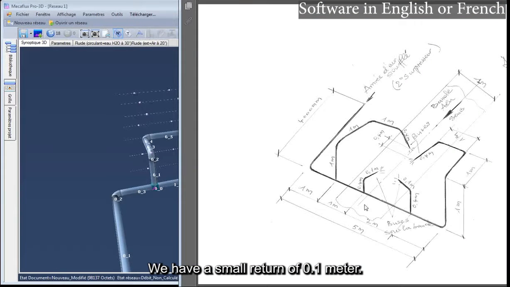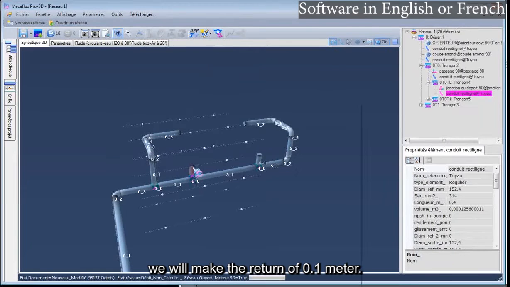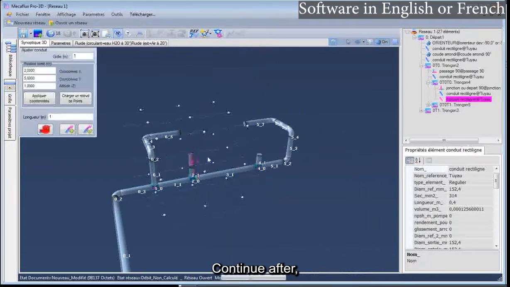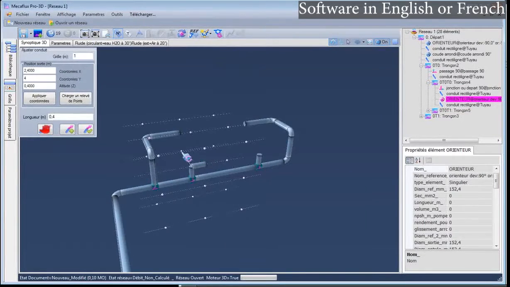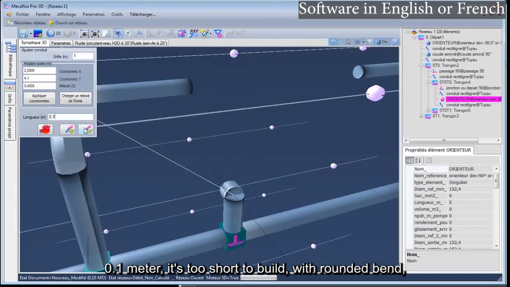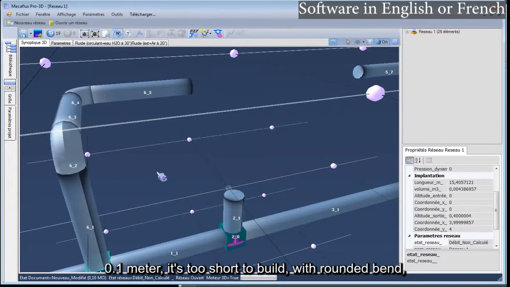We have a small return of 0.1 meter. And here, we have a small return of 0.4 meters. We will make the return of 0.1 meter. Continue after. 0.1 meter is too short to build with a rounded bend.